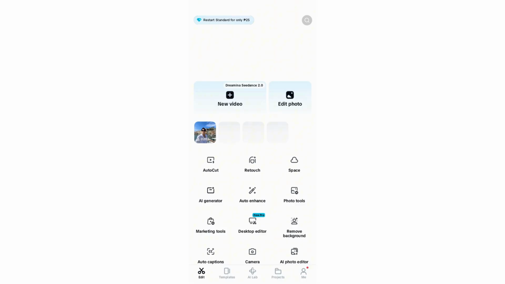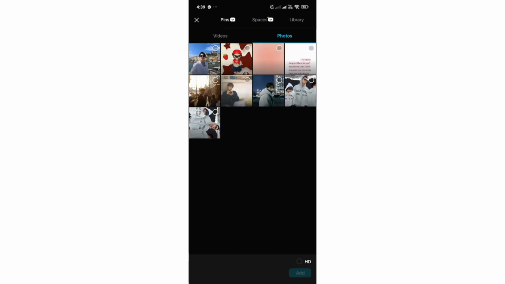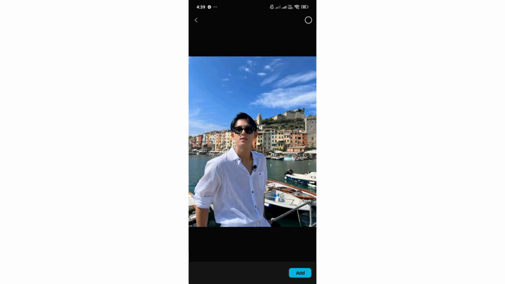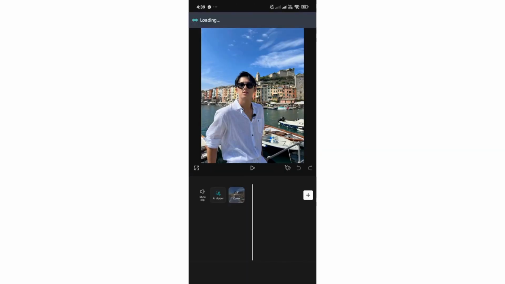So to get started, go ahead and open CapCut on your mobile device and then select new video from here, and that will take you to your local drive. Select that photo or image that you want to add to your canvas, and then once it is added,